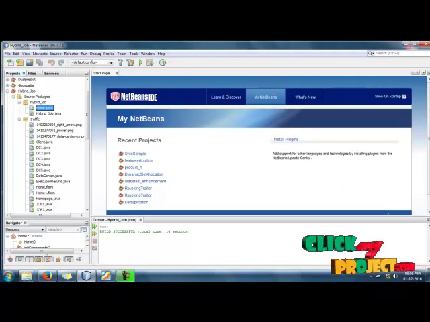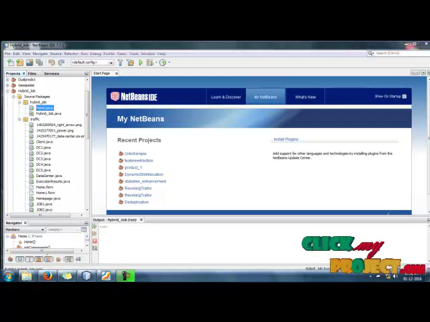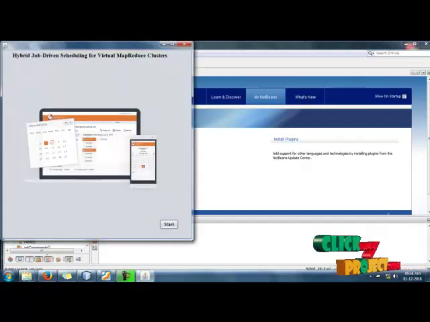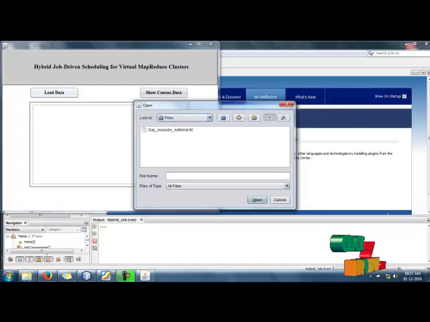Now we have to see the demo of our project. Click Home.java, right click on it and select the run file option. After selecting the run file option, we get the home screen of the project, and then click the start button to start the process. We have to load the data into the project. Click load,